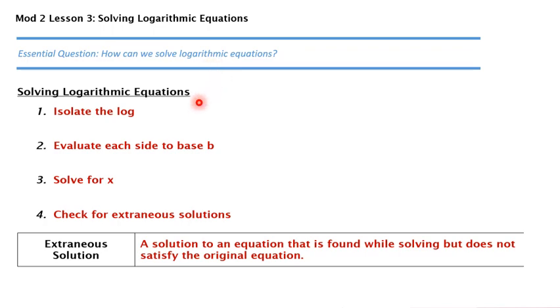So these are the steps we're going to use. We're going to isolate the log, evaluate both sides base b, solve for x, and the big thing we're going to see is we talk about something called extraneous solutions. So that's a solution that, if we come to it at the very end, we want to make sure that it satisfies the original equation. So specifically for logs, like if I have the log of, let's say, the log of